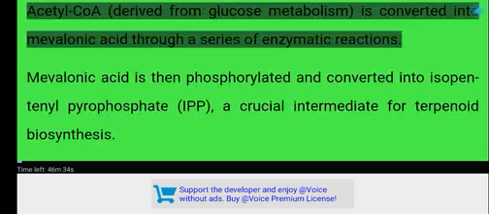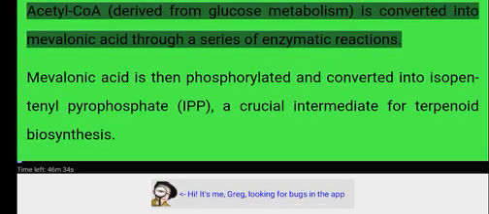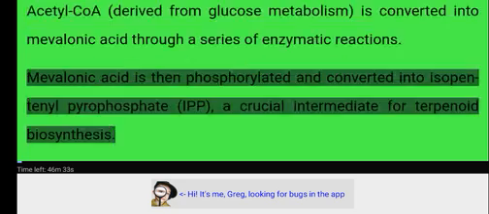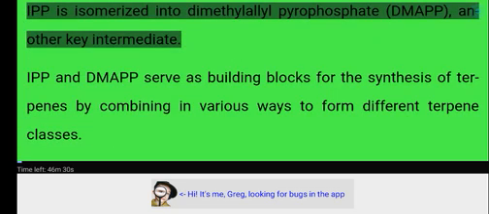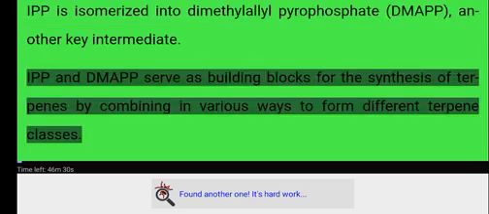Key steps. Acetyl-CoA derived from glucose metabolism is converted into mevalonic acid through a series of enzymatic reactions. Mevalonic acid is then phosphorylated and converted into isopentenyl pyrophosphate, IPP, a crucial intermediate for terpenoid biosynthesis. IPP is isomerized into dimethylallyl pyrophosphate, DMAPP, another key intermediate. IPP and DMAPP serve as building blocks for the synthesis of terpenes by combining in various ways to form different